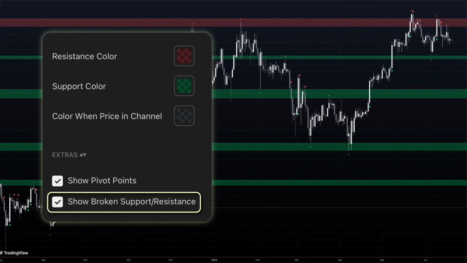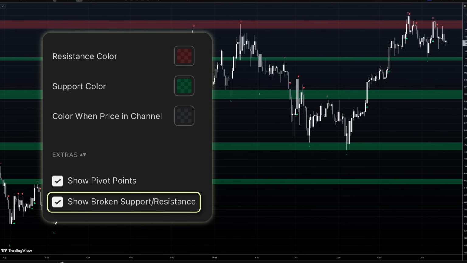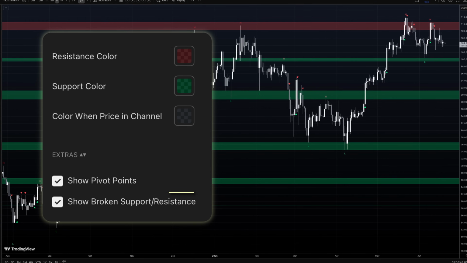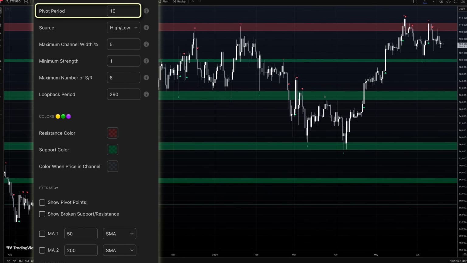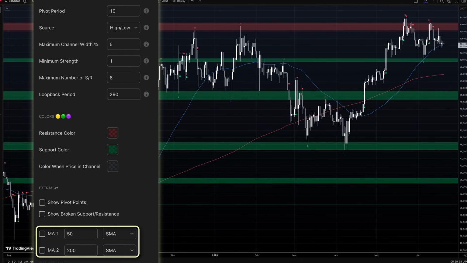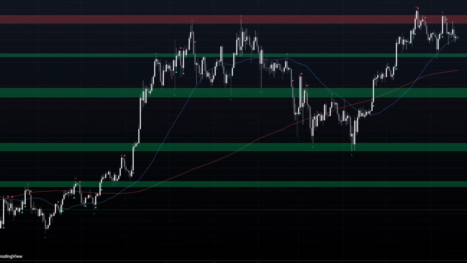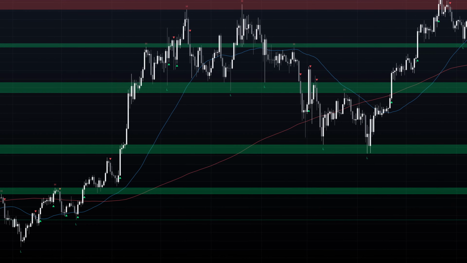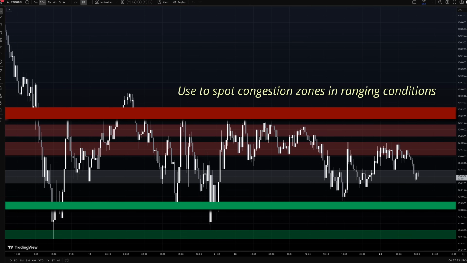As price moves, broken zones can be optionally marked, helping traders track recent shifts in structure. Customization includes pivot sensitivity, channel width, look-back range, and optional moving averages, making it adaptable for different timeframes and trading styles. Use cases include identifying congestion areas for range-bound strategies,